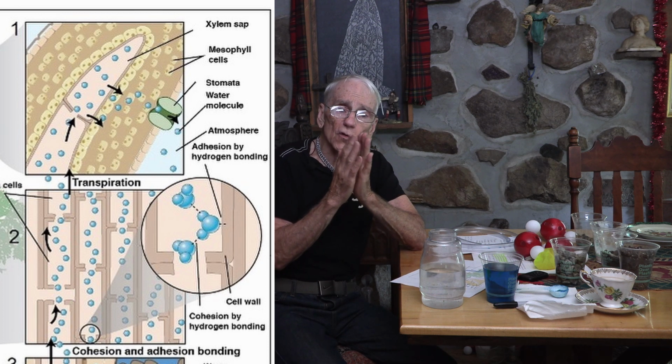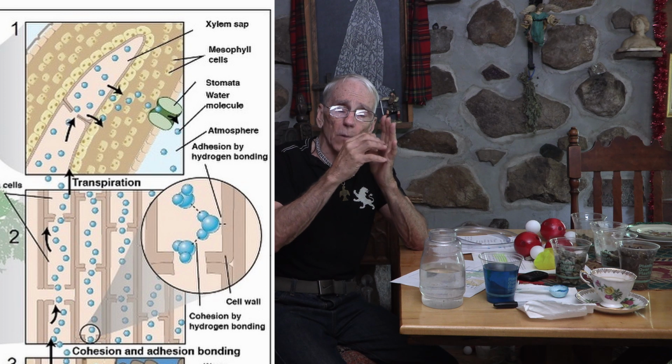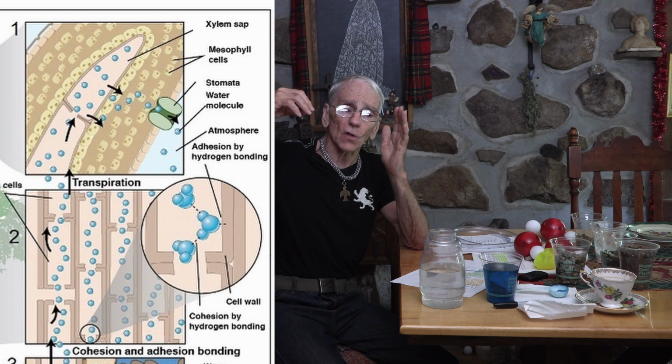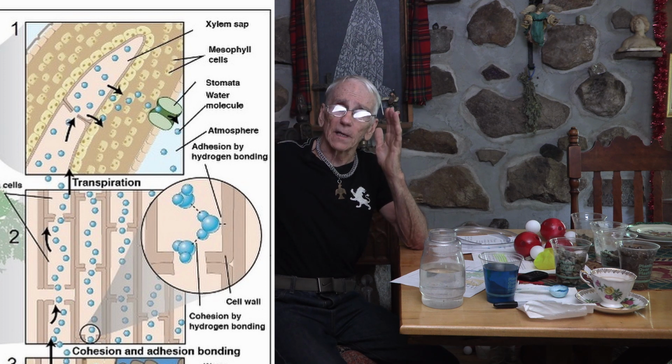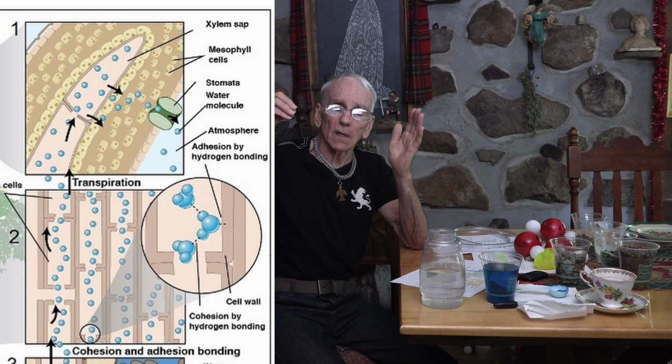It causes the hydrogen bonds that have the cohesive action in water to break by adding the energy of the sunlight and the warmth. It causes those bonds to break. Those water molecules turn into a gaseous state. They exit through the leaf. And what happens when those leave the top of the meniscus,